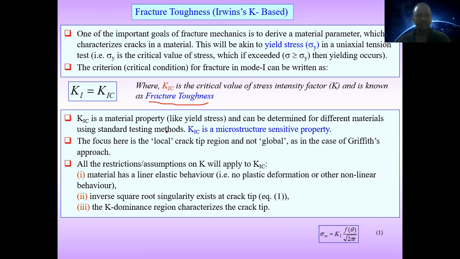As in the case of Griffith's approach, all the restrictions or assumptions on K will apply to K1C. Okay, that is, materials have linear elastic behavior, that means no plastic deformation or other non-linear behaviors. Inverse square root singularity exists at the crack tip, and the K dominant region characterizes the crack effect. So sigma xx is equal to K1 over f of theta over radical